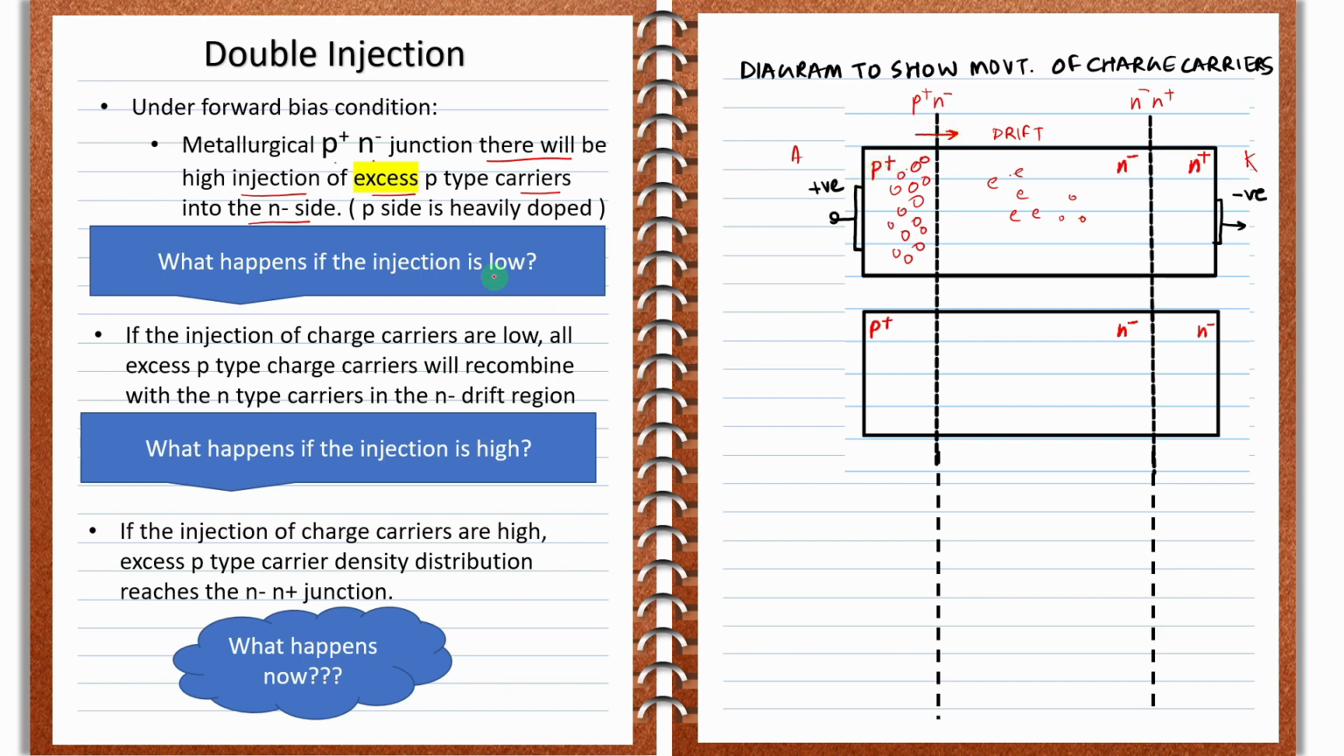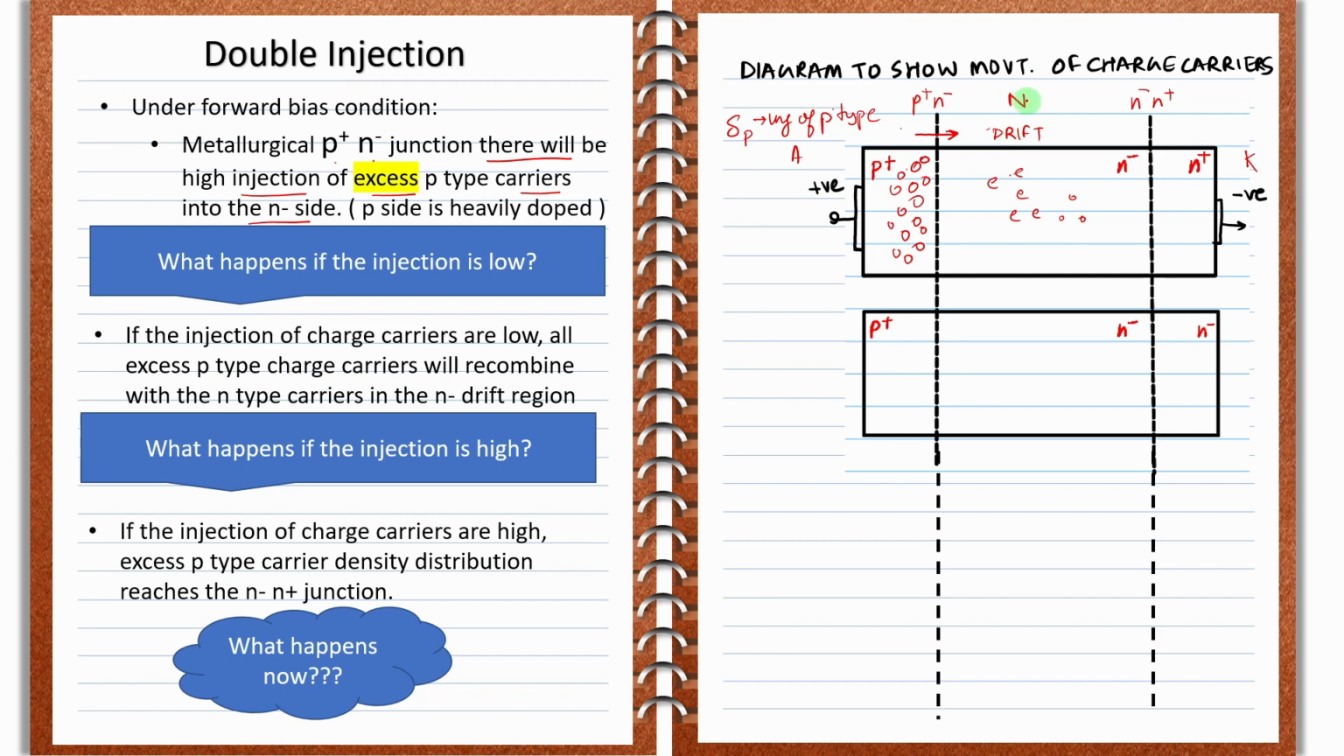Now, what if the injection is low? Let us assume a condition where the injection is low. Injection means how many p-type charge carriers are moving from the p plus to the n minus side. Let us define a term, delta p. Delta p is the injection of the p-type charge carriers from the p plus region to the n minus region. And let us call the charge distribution in the drift region